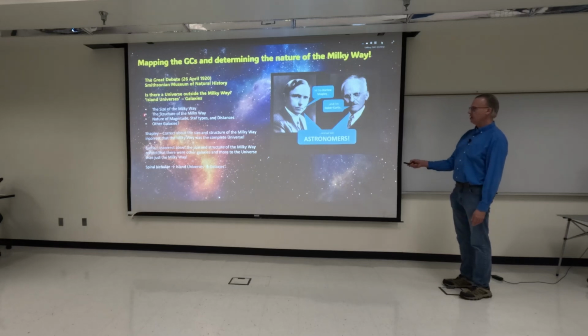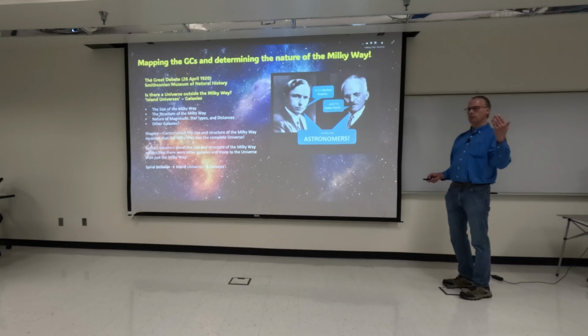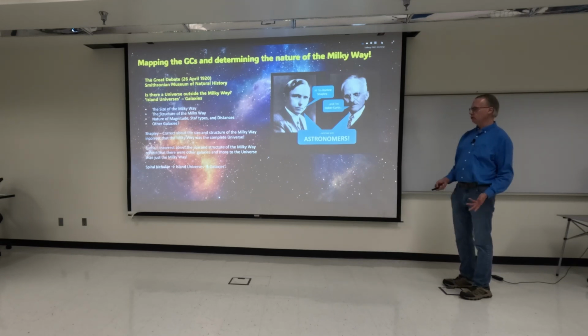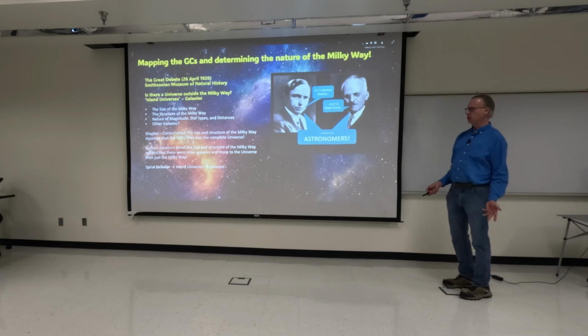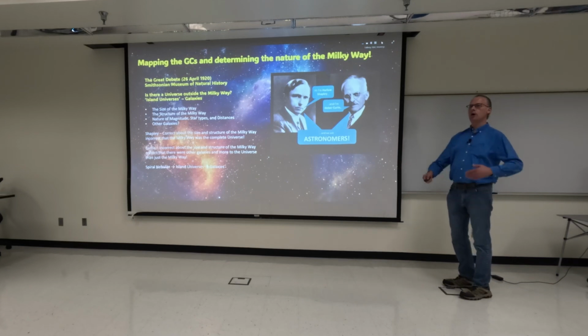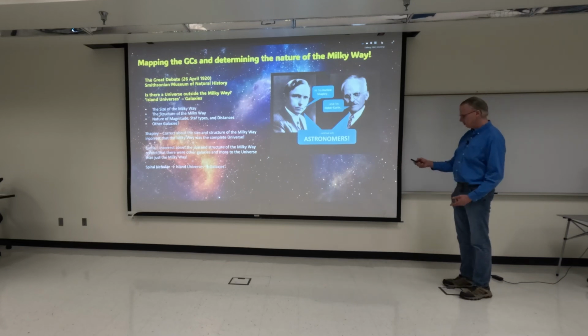And there were great debates about the nature of the galaxy itself and how we determine the brightness of stars, the types of stars, distances. Both men were right and wrong about two particular things. Well, Shapley was right about the size and structure of the Milky Way galaxy, but he thought it was the only thing that existed in the whole universe. Whereas Curtis was right about the idea that there were other galaxies, other island universes.